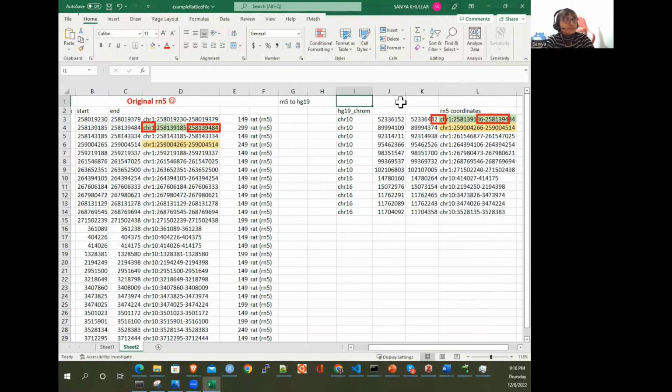What's interesting here is that it's essentially telling you hg19 start and then hg19 end. So it's saying that the rat chromosome 1, these regions right here, are analogous. If you think of it from an evolution point as well, if you look at this phylogenetic tree,